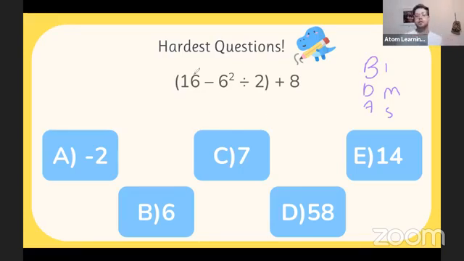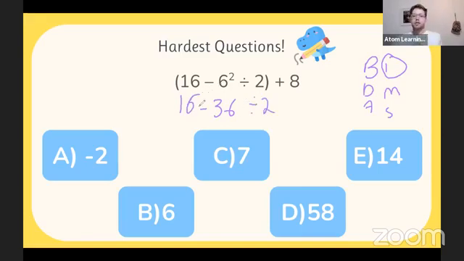So with BIDMAS, we start with brackets. So whatever's in the brackets is what we do first. So 16 minus 6 squared divided by 2. Now, once we're in the brackets, we still don't work left to right. What we need to do here is use BIDMAS to help us. So I see I is on the top of the pyramid. So I know 6 squared is what I need to do first. I stands for indices. An index is a power or an exponent. So I would do 6 squared first to give me 36. So I have 16 subtract 36 divided by 2. That's all in the brackets.